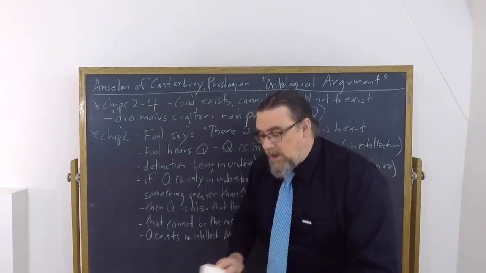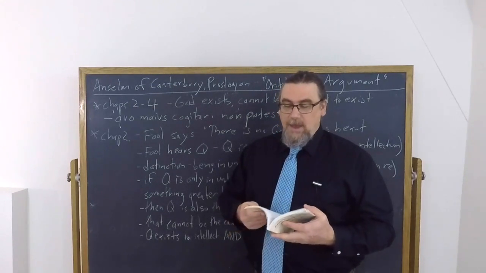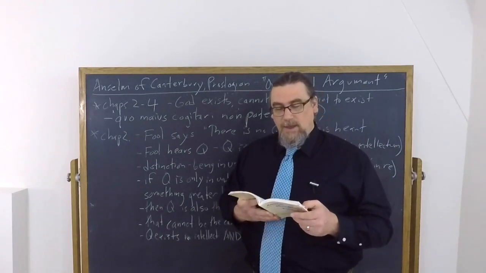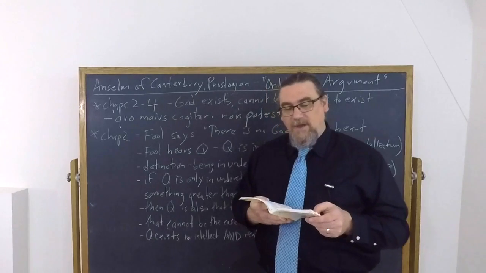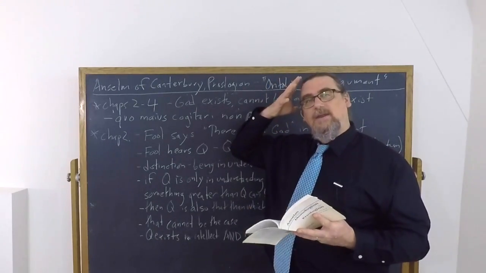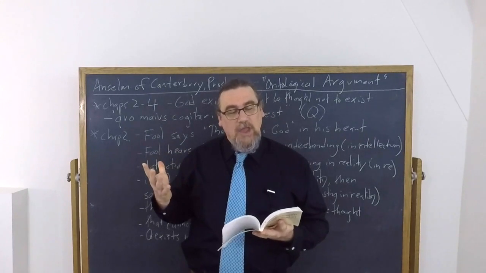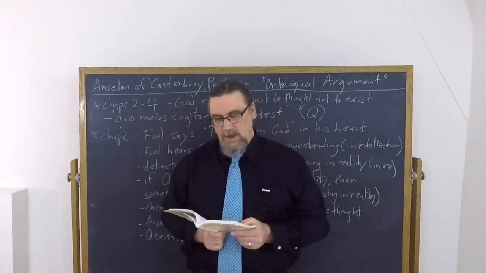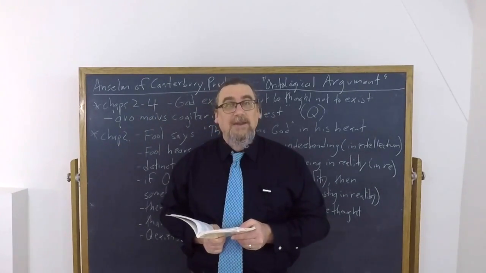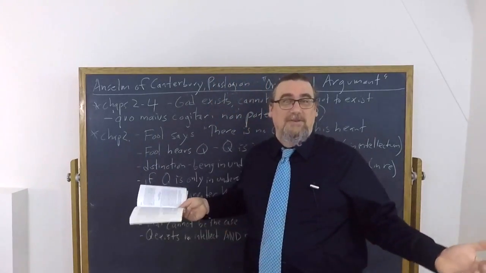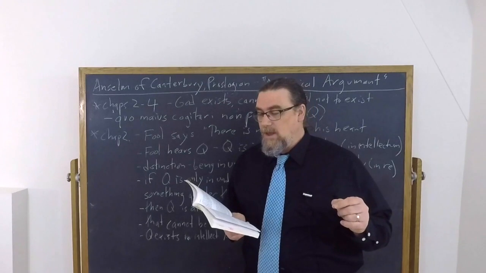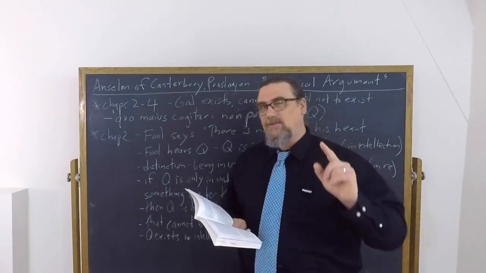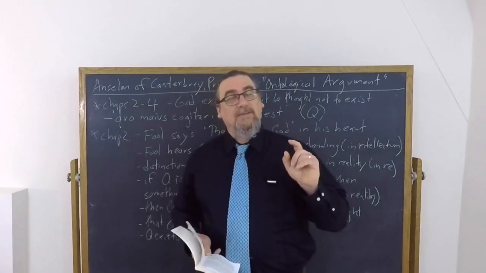And Anselm uses the example of somebody who is like a painter. Maybe the idea of God is like the idea of a painting. He says, when a painter thinks out in advance what he's going to paint, he has it in his understanding. He has it in his mind, in intellectu, but he does not yet think that it exists because he's not yet painted it. And as a matter of fact, he knows that it doesn't exist because he hasn't painted it, right? So maybe it's like that. So he says, even the fool must admit that something than which nothing greater can be thought exists at least in his understanding. Because he understands this,